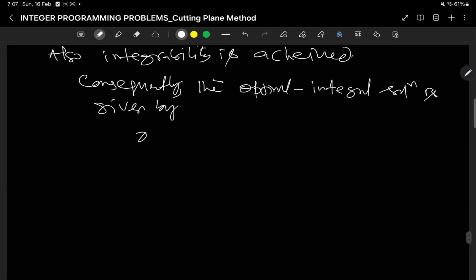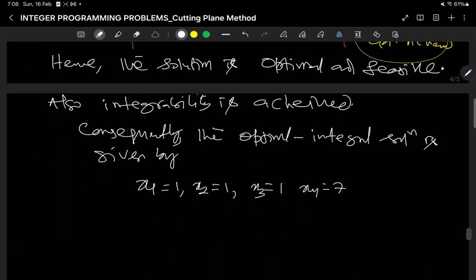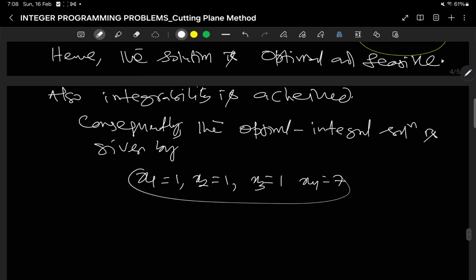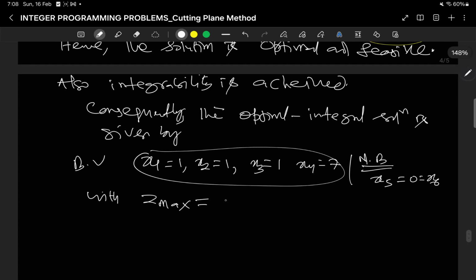Or if I want to write in details, x1 is 1, x2 is 1, x3 is 1, x4 is 7, because these are all in the base, x2 1, x4 7, x1 1, x3 1, and these are all basic variables. And non-basic variable is what? Non-basic variables are which are not there in the base. x5 is equal to 0 is equal to x6, with z max is equal to here,